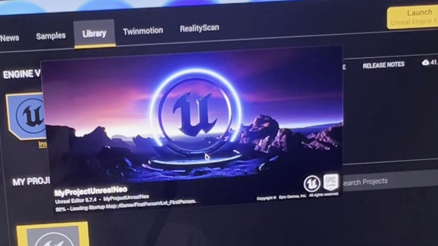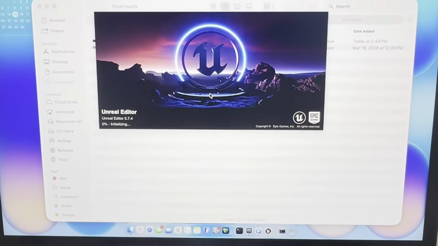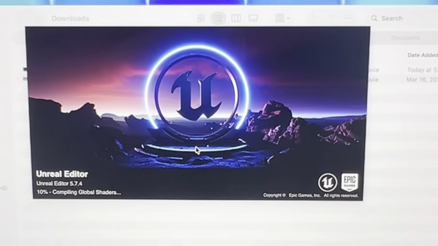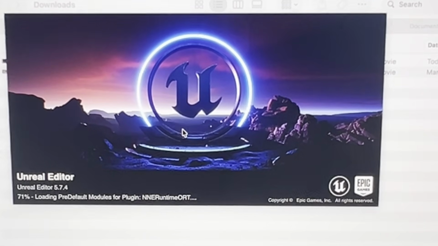So we're just going to let this load, go through all the shader compiling, and another out of memory error. At this point, I'm not surprised, knowing how heavy hitting Unreal Engine is, and if its minimum recommendation was 16 gig,